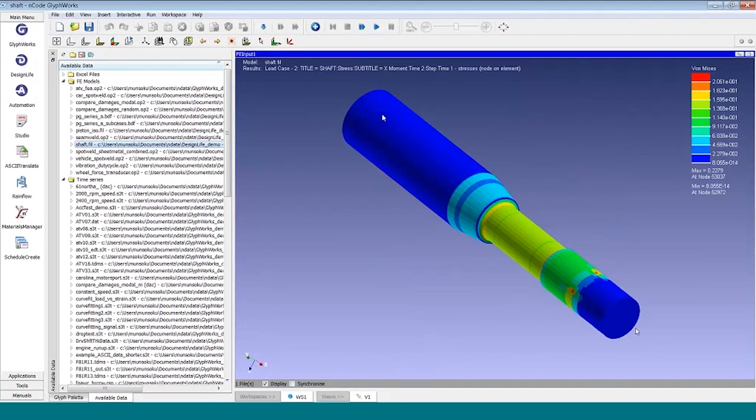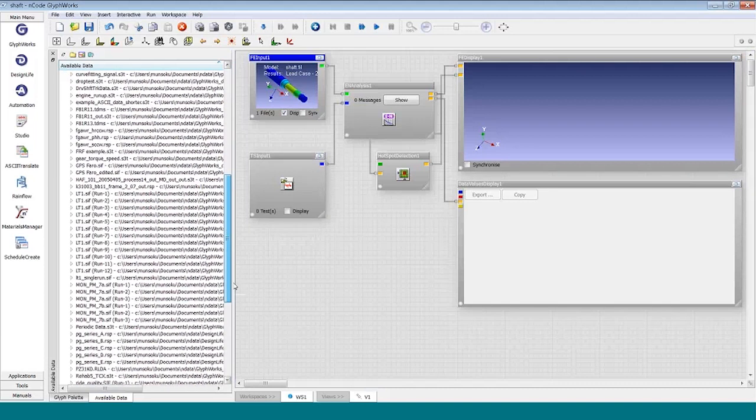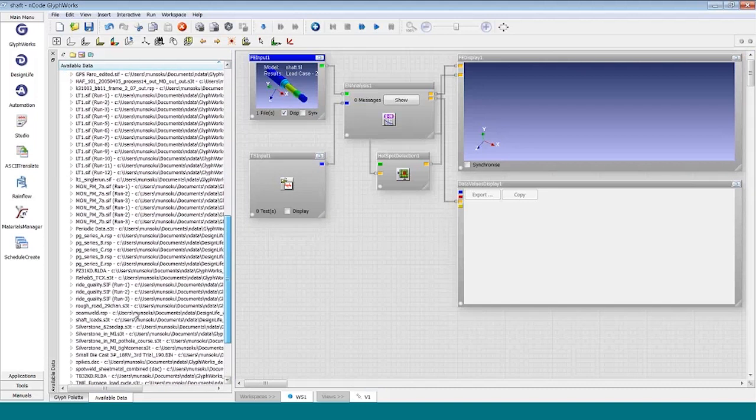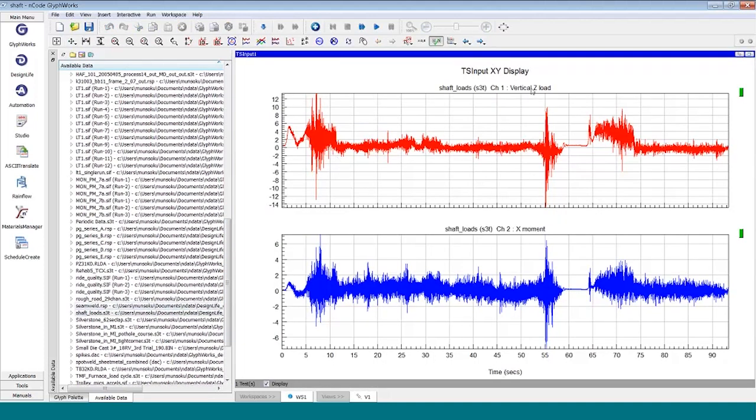The question is, what causes those stresses to change? And in my case here, we have a number of ways of making cycles. In my case here, though, someone measured the actual vertical load versus time and the moment versus time. So as this changes, the stresses will change from that loading condition. And also, this will cause stresses to change as well. DesignLife puts those two together. So it does a linear superposition of stress from side loading in addition to stress from the twist. And inside this glyph, I've got that set up,